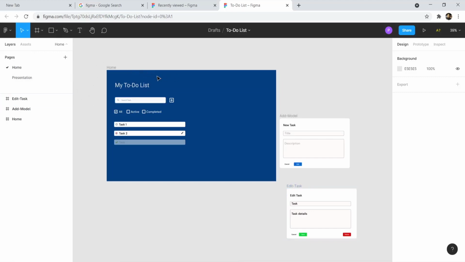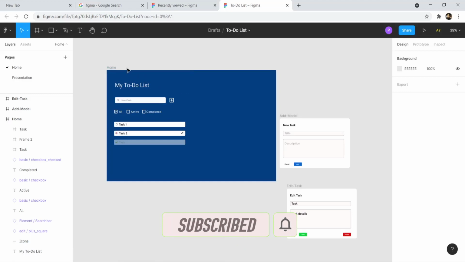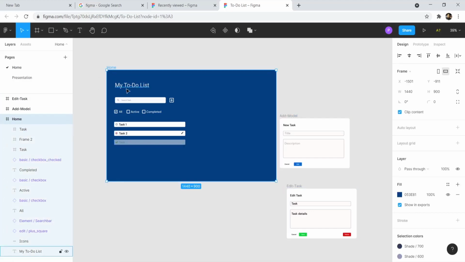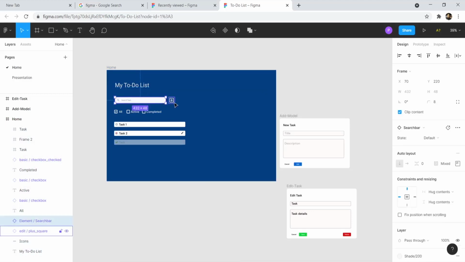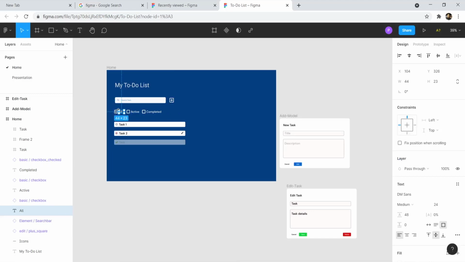Here there are 3 frames that I have created. The first frame is for the home screen. You already watched it in the video. That's just a prototype, we haven't implemented it yet. This is the home page, which is a frame, and in that there are some other elements. For example, this is a text element, and there are certain assets used in this design, and these all are the checkboxes. All are some of our assets and some of our text elements.